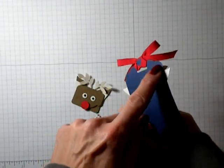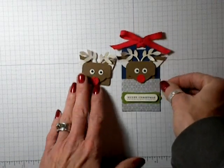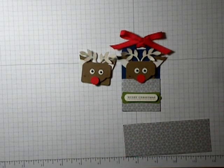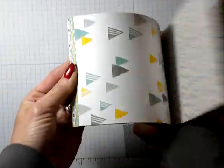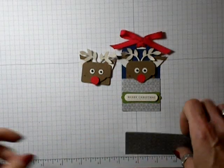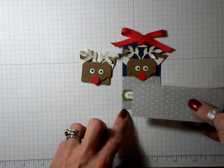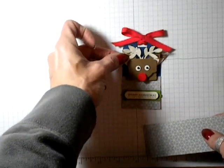I made the tag with the scallop tag topper punch. And then I took a piece of the Moonlight Designer Series paper. This is out of the paper stack, the little small ones. This is available out of the main catalog. I used the basic gray pattern because I wanted it to appear like he was peeking up over the roof. So after I got my tag, I kind of wanted to see where my little reindeer would look good,